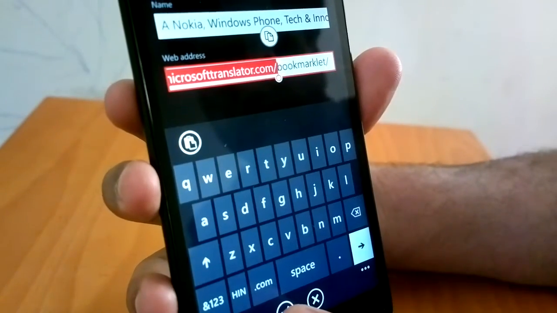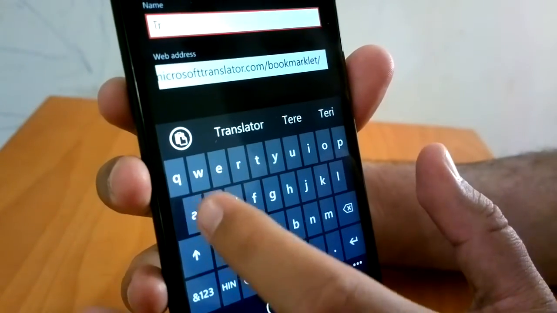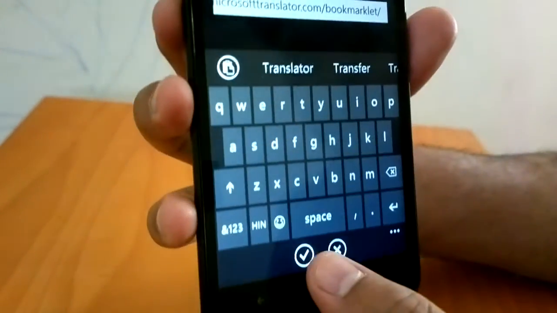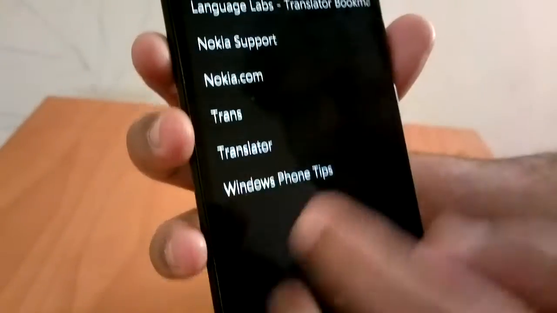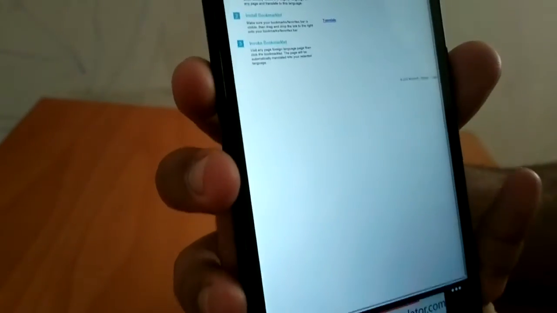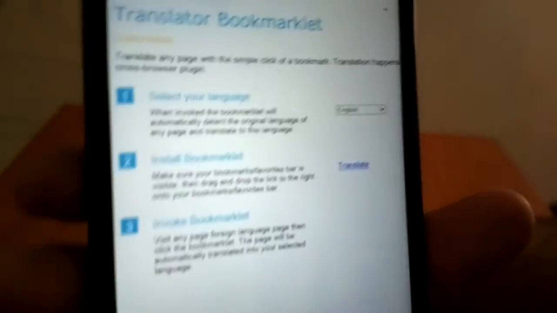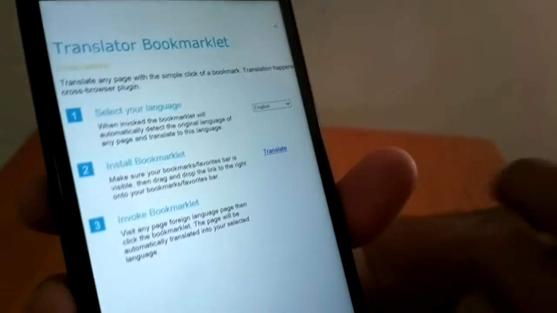Okay, so once you have added this bookmarklet, now what you need to do is go to this favorites which you have just added, and from there you can select which language you want to translate to.